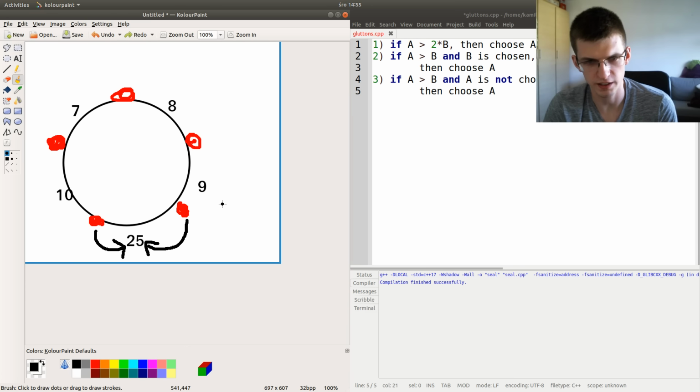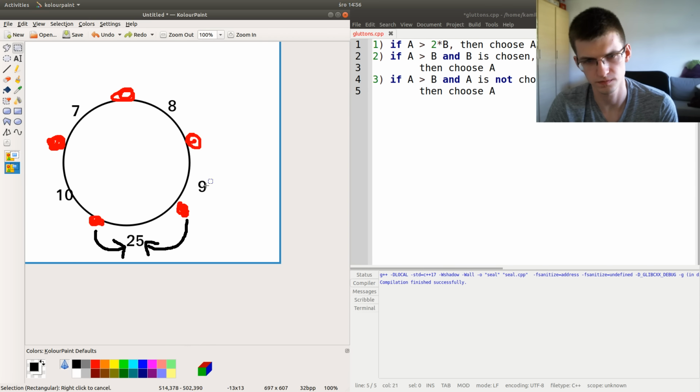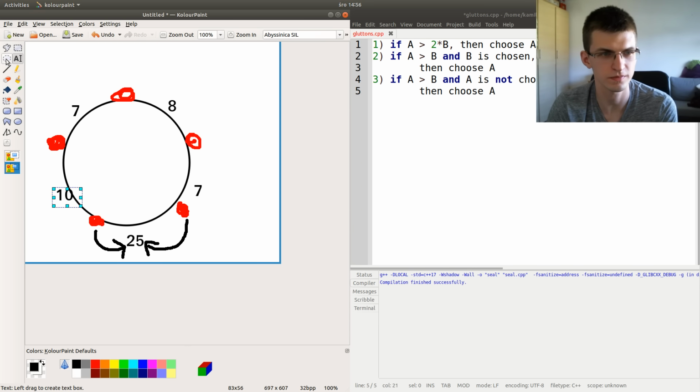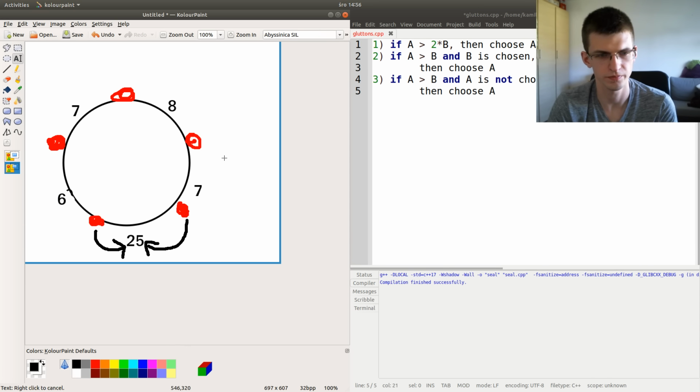But I think we got a bit lucky here because for this guy immediately we knew what we should do, and the same on the other side, but possibly these two values could be a bit smaller, and then we would do something else. So let's say that this is, I don't know, 7, and this is now 6. So from this moment we can't so easily decide what to do.